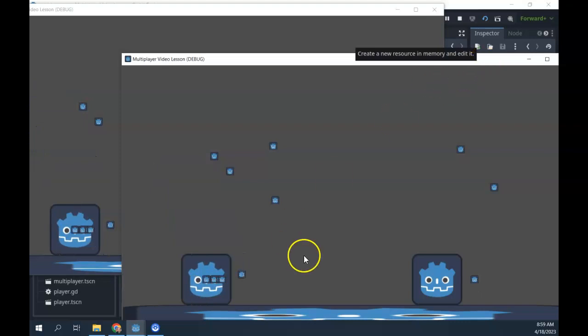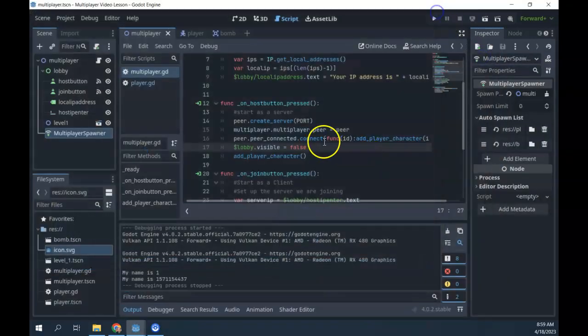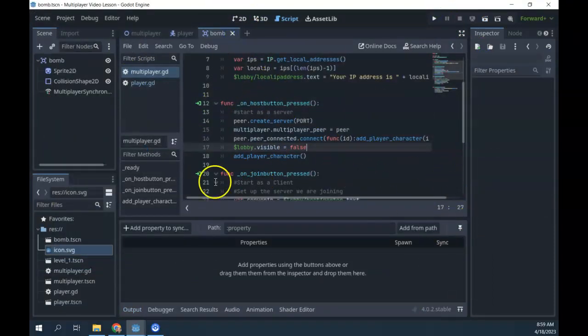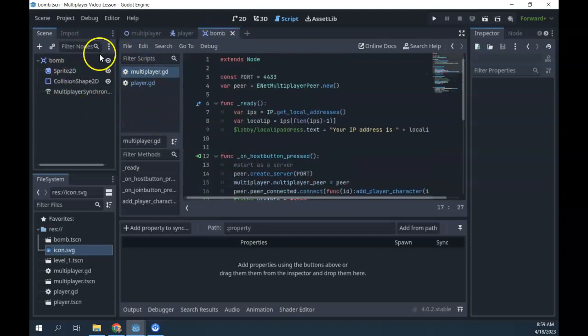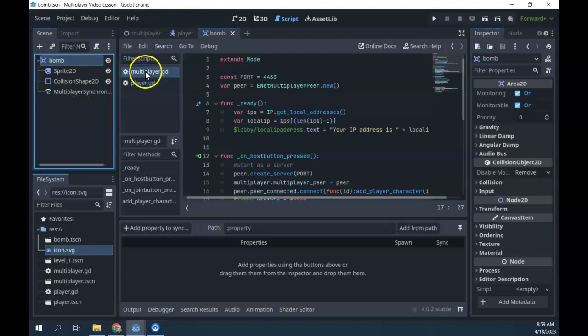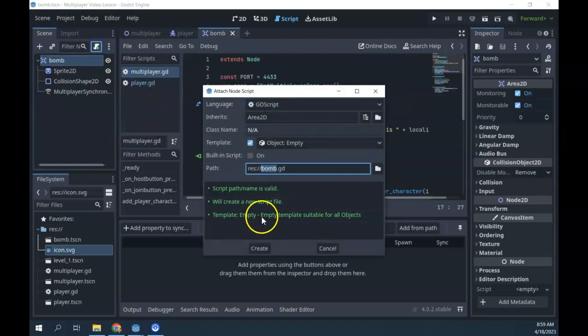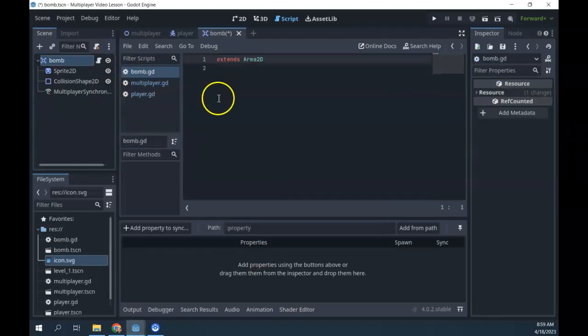Now, if you wanted to say turn that into a bullet, all you'd have to do is simply have the bomb start moving in a particular direction. If you wanted this bomb to explode or something, you could totally add that feature there. In fact, let's just make sure that the spawning and despawning works just fine. In this case, I could put it on the bomb. I might want to add a script to the bomb here. And you could add some kind of explosion animation, but I'll add a little script to this bomb, create,